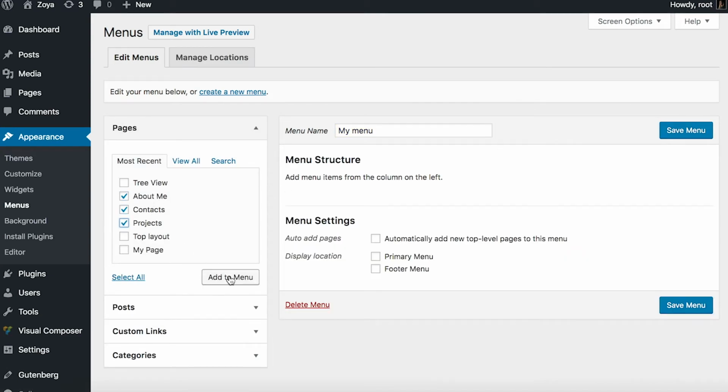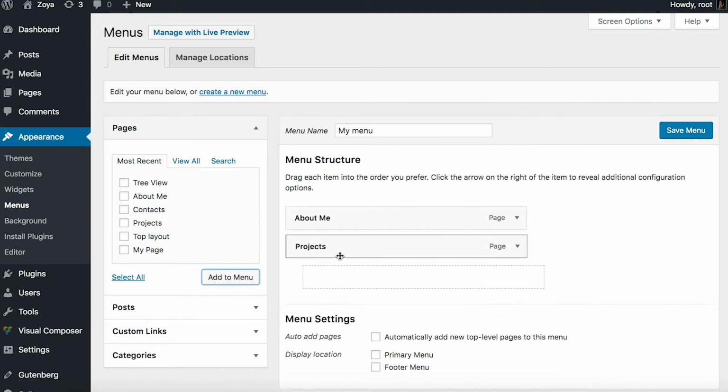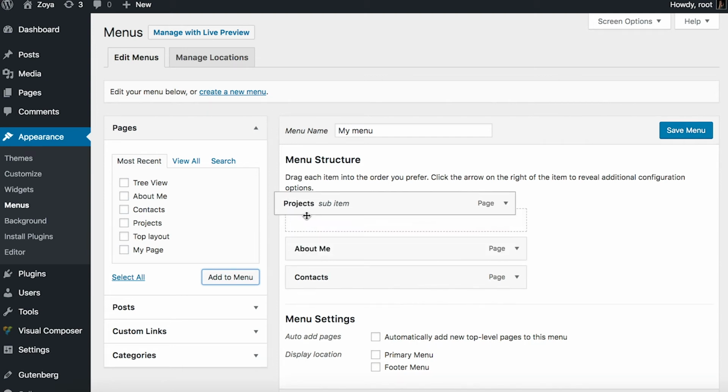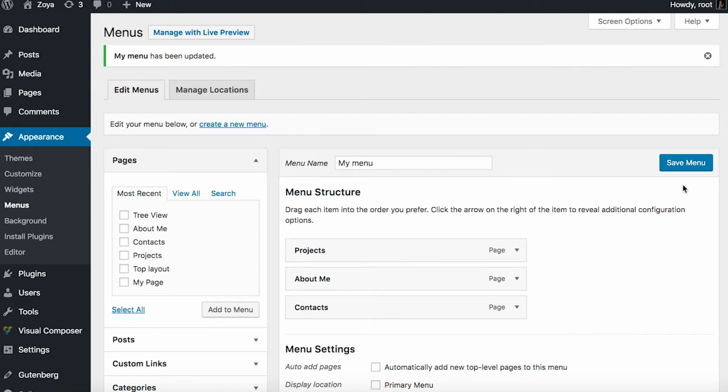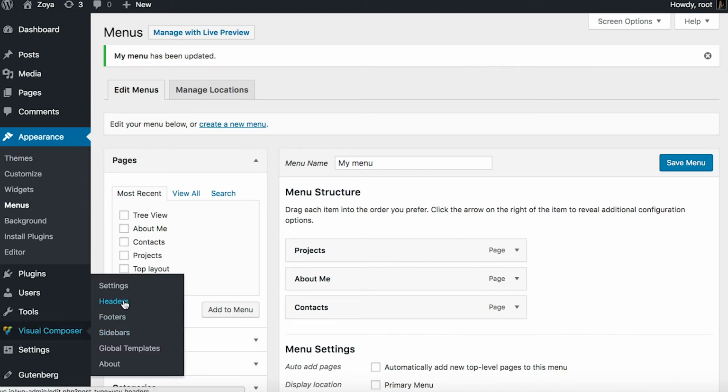The main thing you have to do is choose what to include and the order. I'm going to choose these pages, and this one I want to be the first one. Now just save the menu and let's go back to the Visual Composer front-end editor to finally show you the